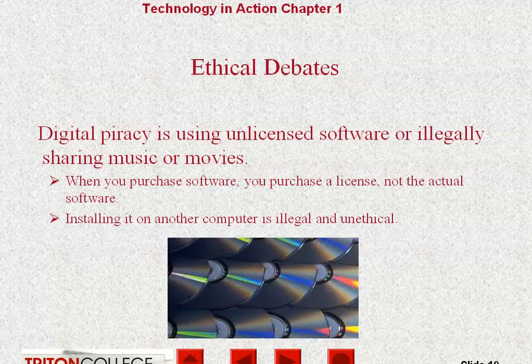Along with that, we have what we call ethical debates. And those are the questions, just like a hammer is a tool that can be used to build a house. A hammer is a tool that can be used to hit somebody. Okay, one is good, one is not so good. We're going to talk a little bit about things like digital privacy. One of the things that digital technology lends itself to, and it's really kind of nice when you're archiving photographs. It used to be, if you wanted to make a copy of a film, non-digital film, or a photograph, every copy of the film would be worse than the one before. It would never be an exact copy.